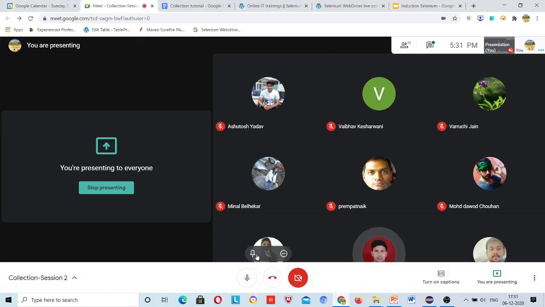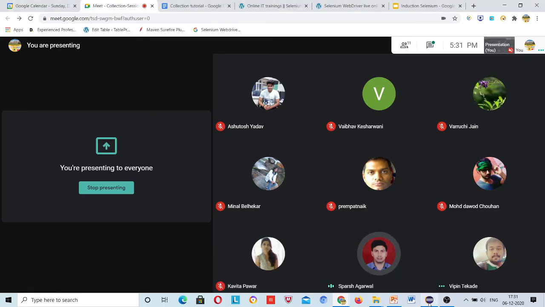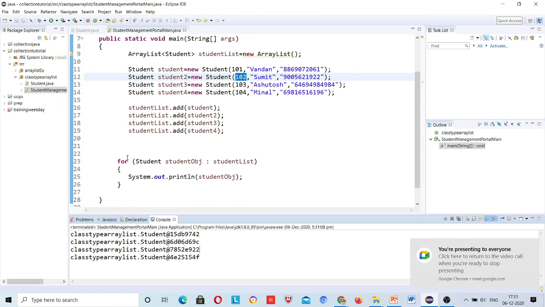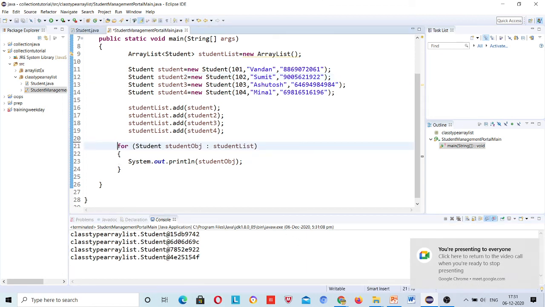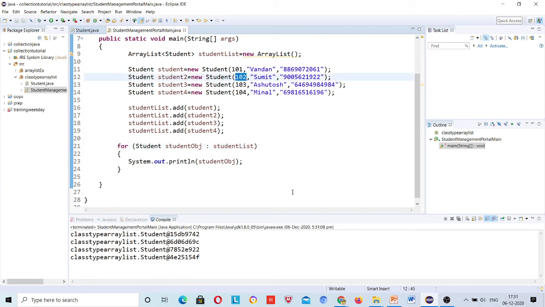Sir, is it the hash code which is printing on output? I'm coming to that. See, till before this, what was happening? Only a single value was there, so it was printing in this format, right?